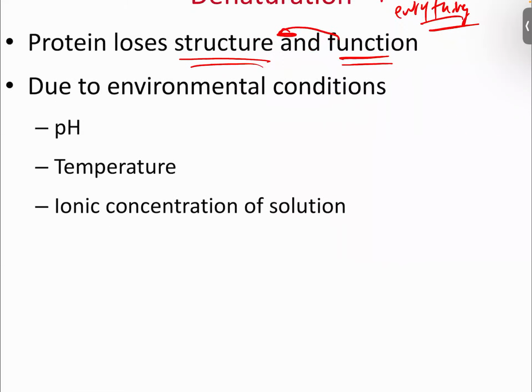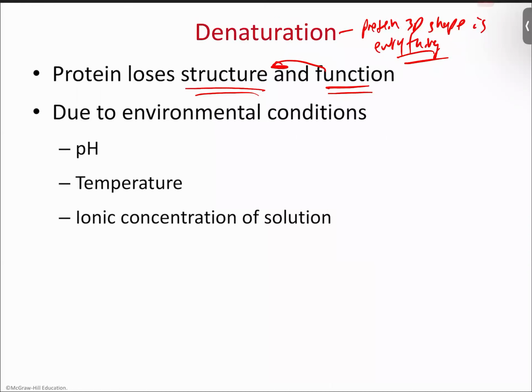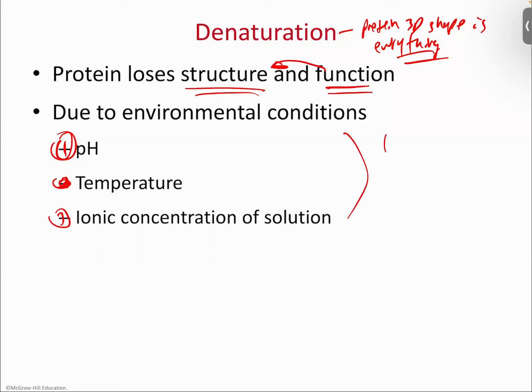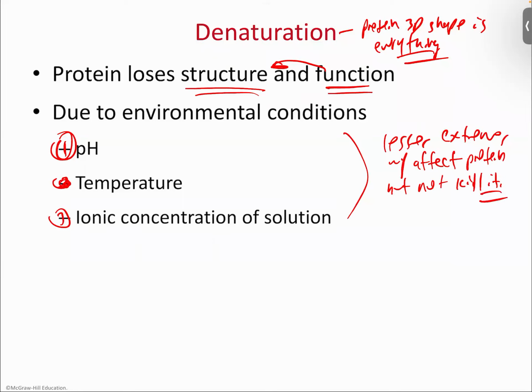Now, there are three major things that will affect protein shape. The first one is pH, then we have temperature and salinity. We're going to take a look at extremes, but lesser extremes will affect protein function, but not kill it. Remember when we went over buffer, where we said that the enzyme was active as long as it stayed in that 4 to 6 range? So that's a good example of pH, right?